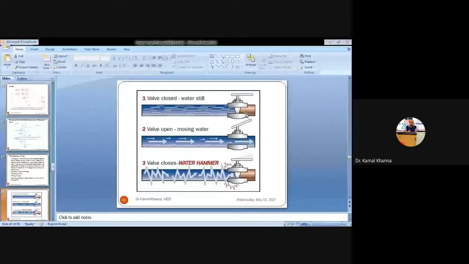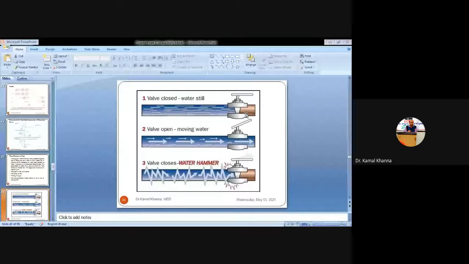So when the pipe is elastic, the momentum will be destroyed, the pipe walls get distended, and the compressibility of the liquid may take place. So in this case, there is a loss of kinetic energy of the liquid that may be equal to the strain energy in the liquid column as well as in the pipe walls. And in that case, there may be generation of pores in the pipe, and you have to completely replace the pipe because the pipes are generally not repairable. So this is the concept of the water hammering.